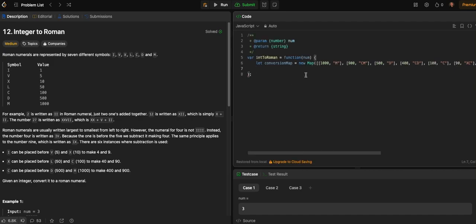Next up, we also want to keep track of our output. So let output equal an empty string. And we want to keep track of our remaining value. So let remaining equal, you can call this a constant actually, because it won't be changing. Let remaining equal, what are we going to be equal to? Our number. So what we want to do is cycle through all of these key value pairs, and we want to make sure that we get the